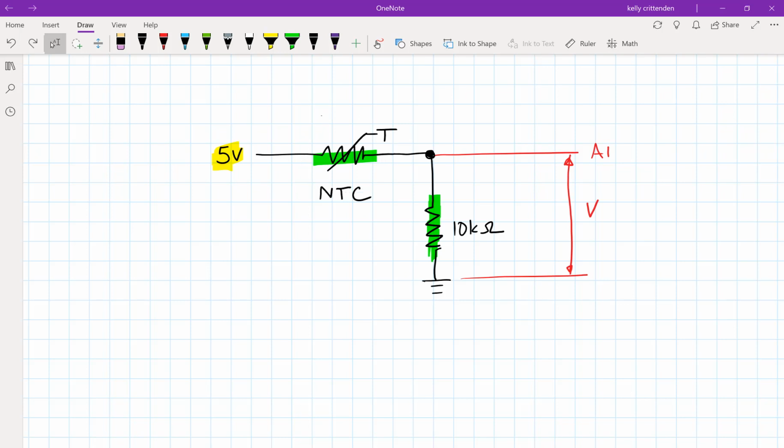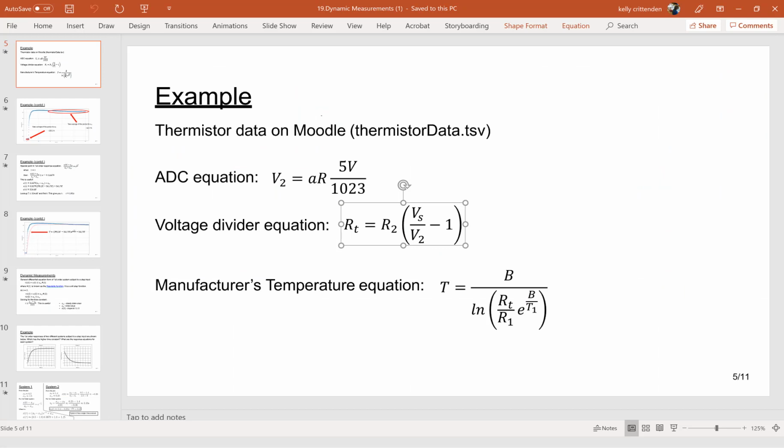So we're measuring the other one. All that to say, we have an NTC style, and we're measuring the voltage in the 10K guy. And that's what this equation here is: VS, V2, those are the two different voltages, RT and R2, and then there's a -1 in there, the way you rearrange the equation. So this equation will let us, since we're measuring the voltage in the 10K static resistor, then we actually want